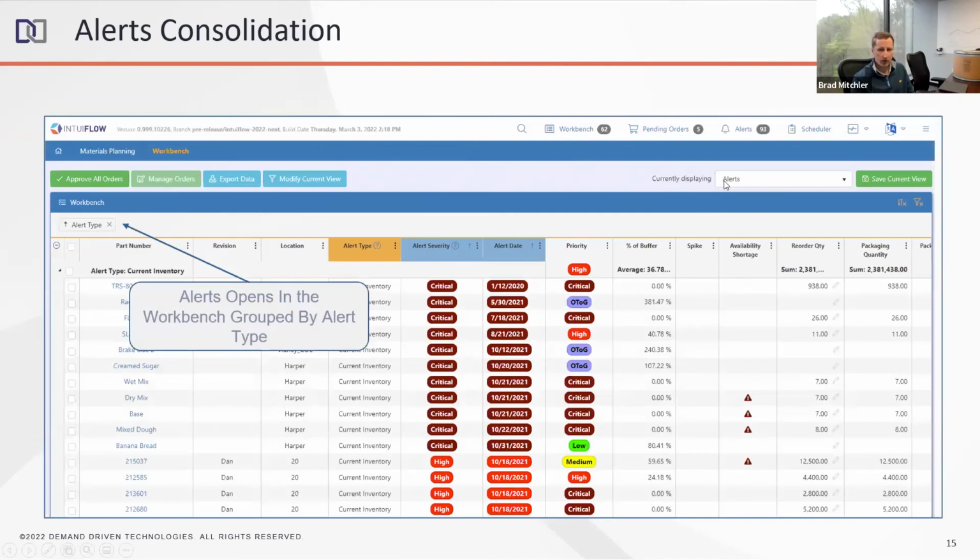Here's the view of the alerts. You can see I'm in the Workbench page, which many of you are familiar with. Our homepage links will pop right into this, sorted and filtered on alerts, just as it did in the past. But now we have the ability to view all alerts in the same grid, rather than one by one individually